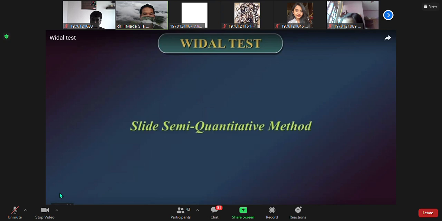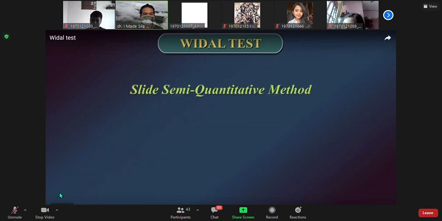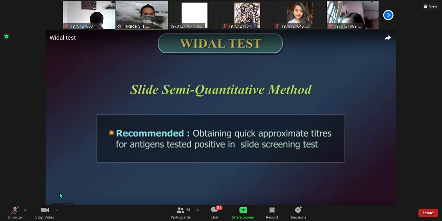Slide semi-quantitative method. This method is used for the samples that tested positive in the slide